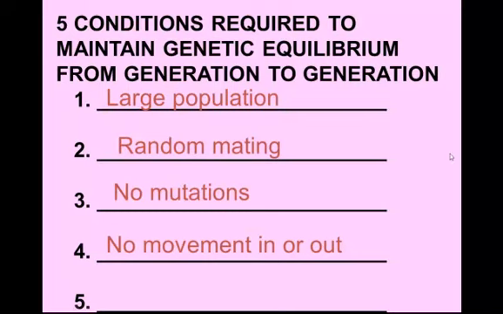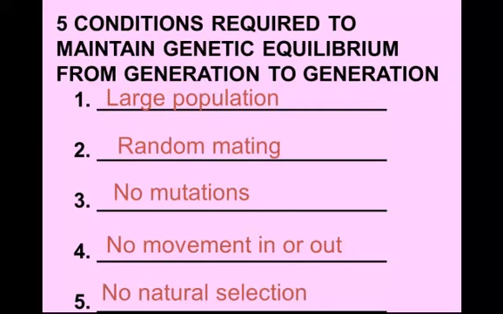And lastly, thumbs up, who survives and who doesn't. We can't have natural selection happening. If you are selecting for organisms to survive in that place, you're going to change the frequency of the gene pool. So, in order for equilibrium to stay equal, to keep the population from changing, to stop evolution from happening,